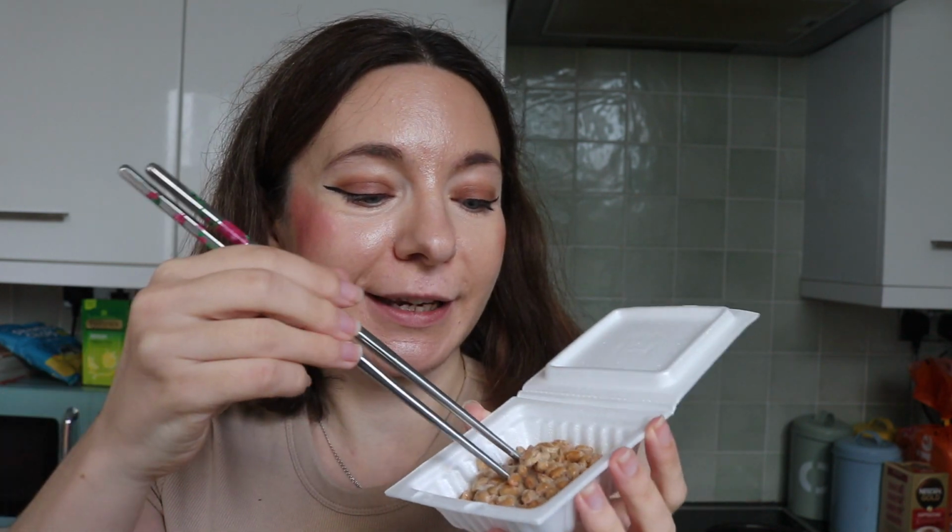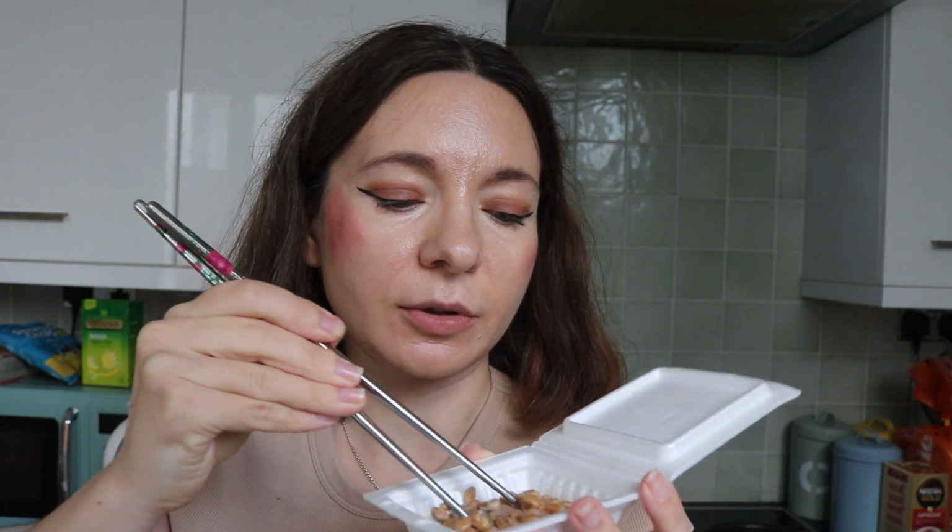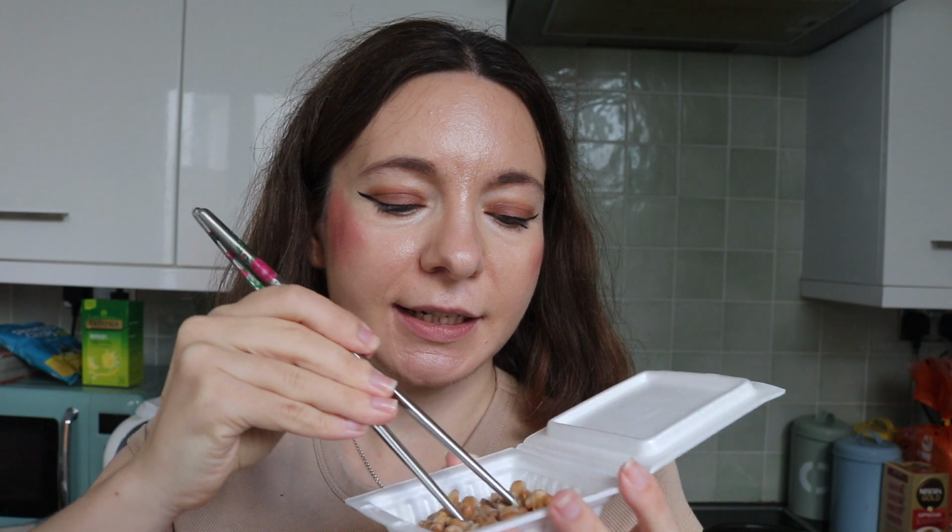Okay. Not the best smell, if I might say so, not to offend anyone, but yes. I think I need to add some soy sauce. I added some soy sauce and this is how it looks. I mean, I think it's still a little bit frozen because I took it out of the freezer a couple of hours ago, and it's still a little bit frozen, but it looks very...